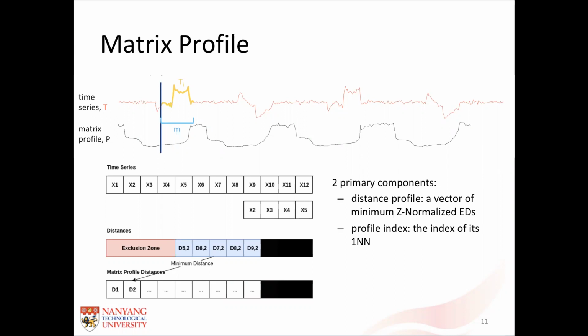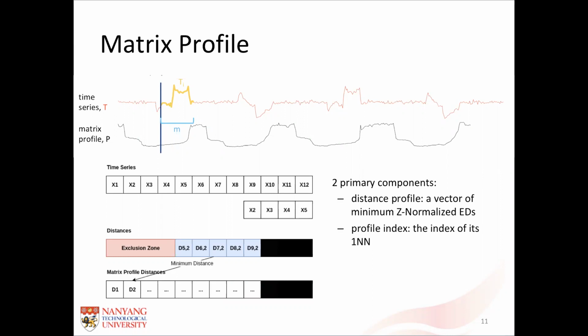To find X2's distance profile, I need to find the minimum distance among these 5 distances we just computed, and assume the minimum distance is D7, then my D2 is D72. Repeat the same process, right? We can compute